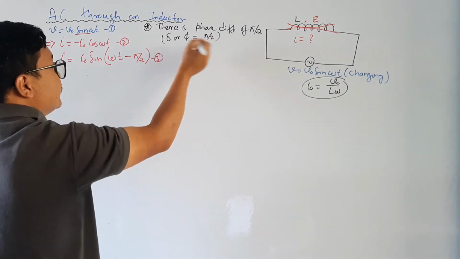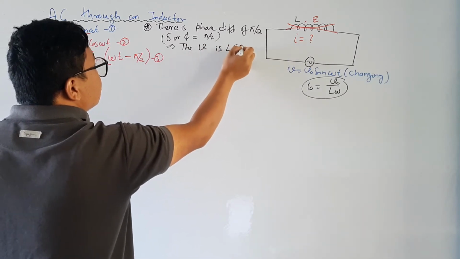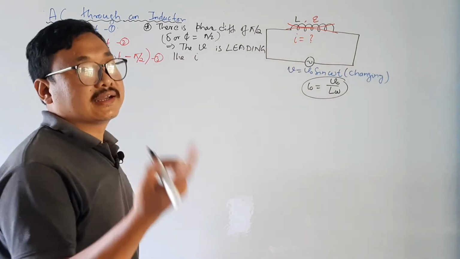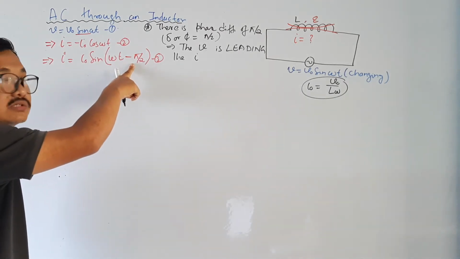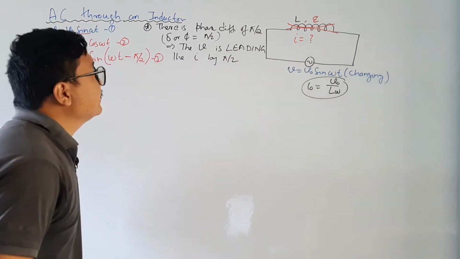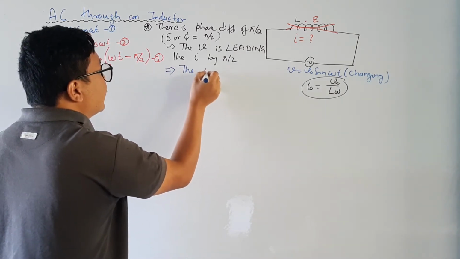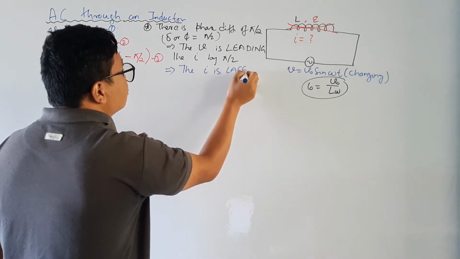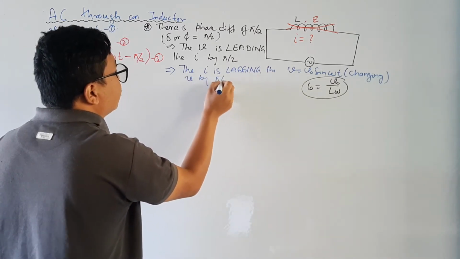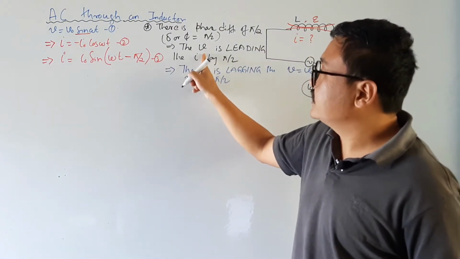So this can be written as the voltage V is leading the current. करंट से वोल्टेज आगे है, क्योंकि करंट पर पाई बाई टू माइनस हुआ है. ओके, द वोल्टेज इज लीडिंग द करंट बाय पाई बाई टू. इक्विवेलेंटली इसको हम दूसरा ये लिख सकते हैं, द करंट I इज लैगिंग द वोल्टेज बाय पाई बाई टू. बोथ आर सेम. ओके, करंट वोल्टेज से पीछे है, या वोल्टेज करंट से आगे है.